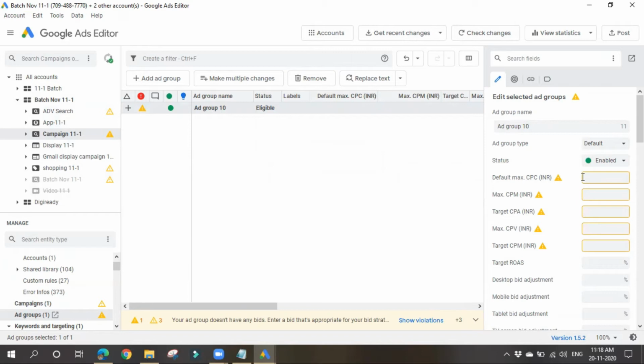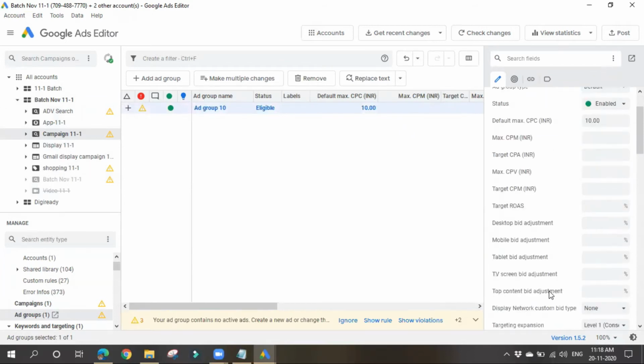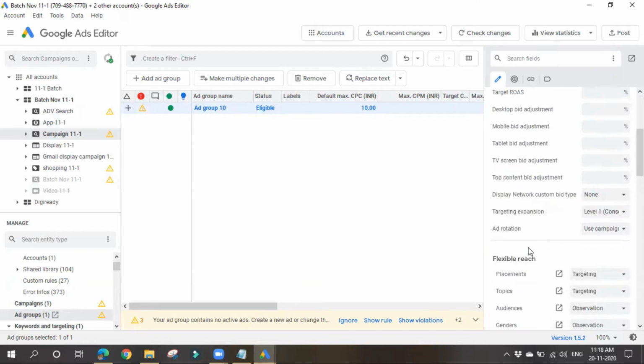If it is a display network campaign, you should go for CPM. If it is shopping ads, something else. If it is video ads, you have to go for CPV. So based on the campaign type and the targeting, you have to choose the options here.